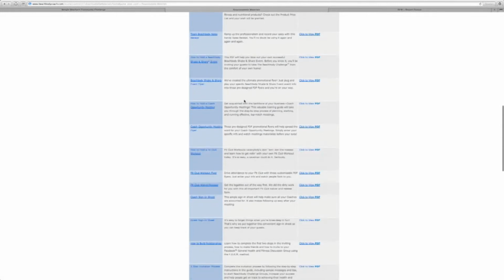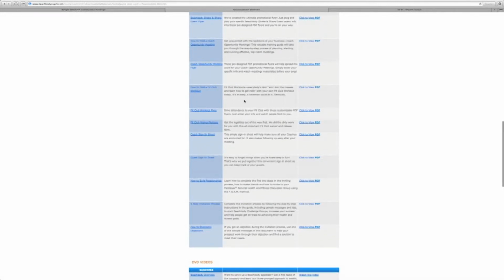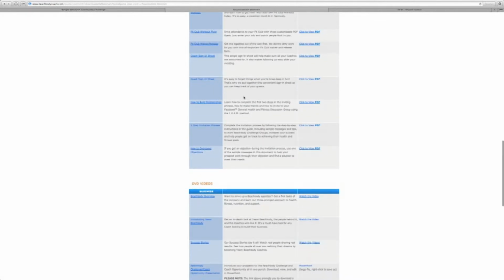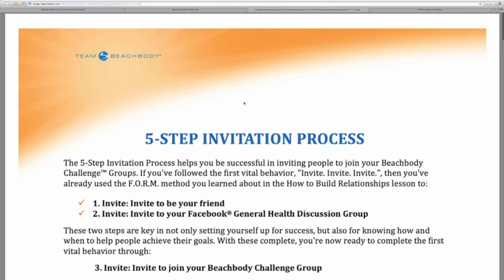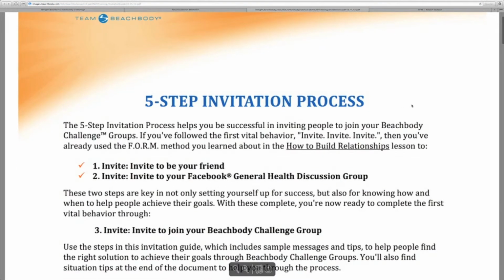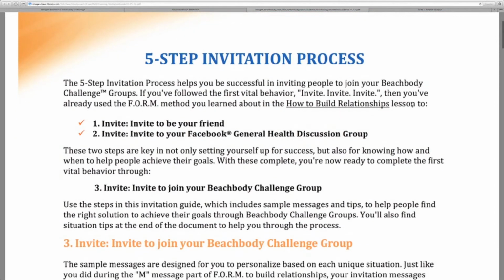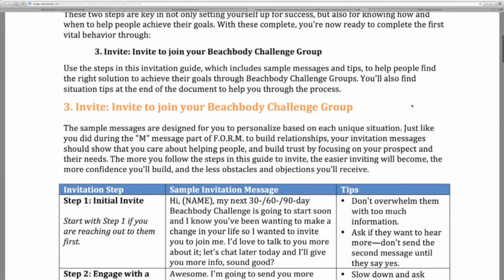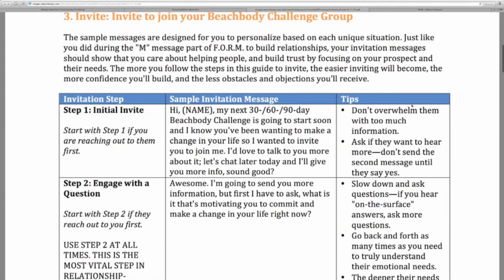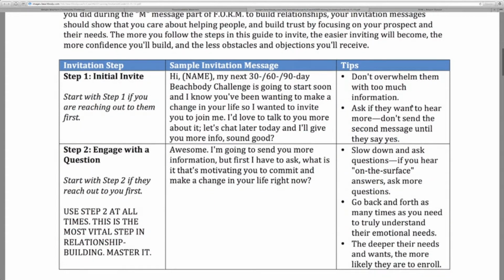So then just scroll through. Not going to cover everything right now. Not everything is important at this point. I think you should go back and look at everything. But the thing that is really important is the 5-step invitation process. It is so important because it gives you scripts so that you can follow how to actually invite them, and tips to help you and not